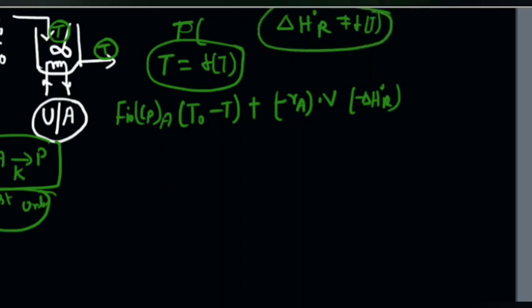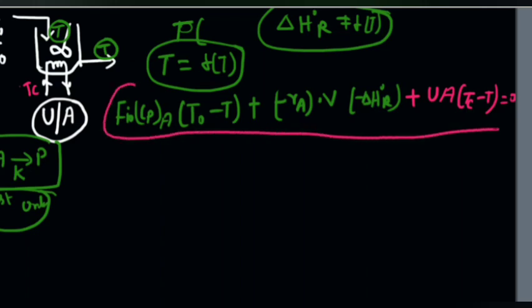Try to understand what I am going to tell you. Plus UA times Tc minus T, where Tc is the inlet coil temperature, and that equals 0, because a CSTR is generally operated in the steady state condition. That's why there won't be any accumulation term, because each and every time we are continuously taking the product out. Inside the inlet of the reactor, the volumetric flow rate V naught equals the volumetric flow rate here.